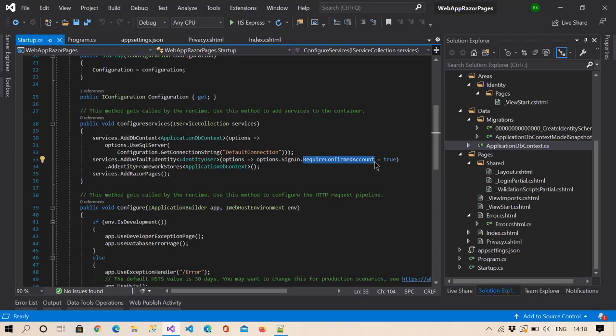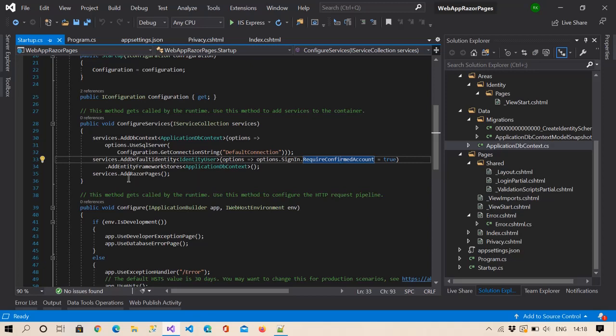So for signing in to our application, a user needs to confirm their email ID. Once the user confirms their email ID, only then will the user be able to log in to our system.